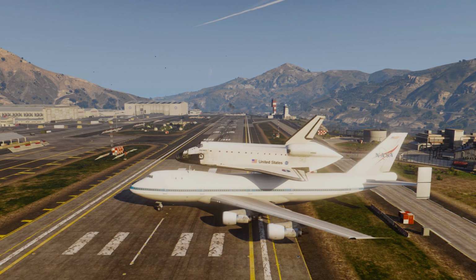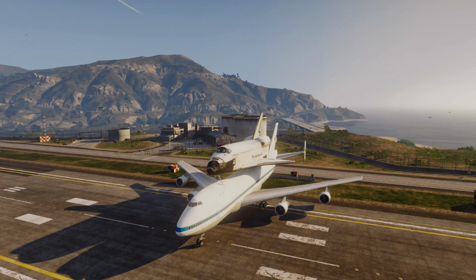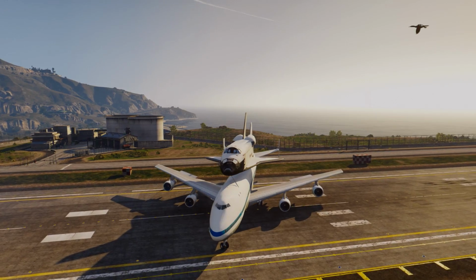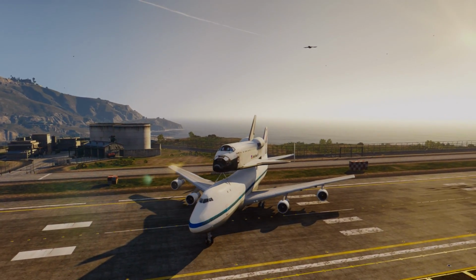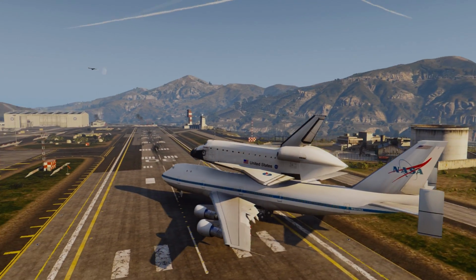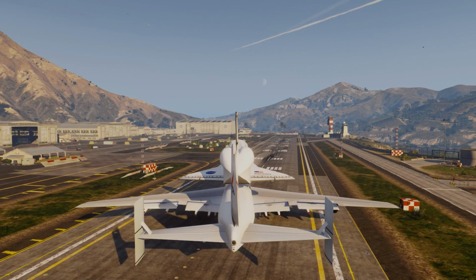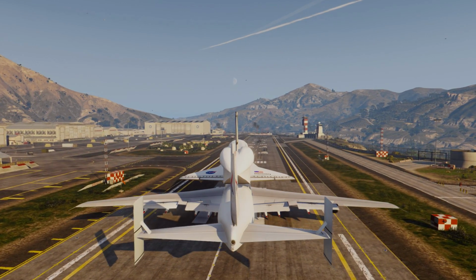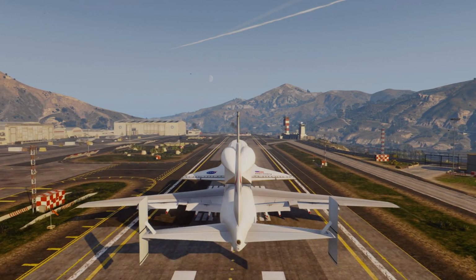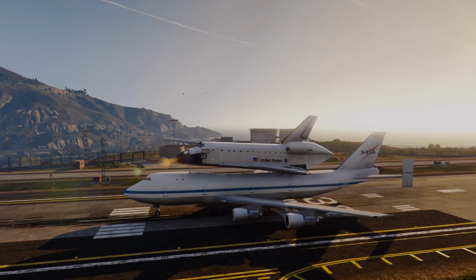And then I will probably also modify the 747-100 into the Boeing VC-25A, also known as Air Force One, which is actually based on the 747-200, but the general airframe is more or less the same. Well, maybe I will also replace the airframe, but I have the general layout here, so I don't really need